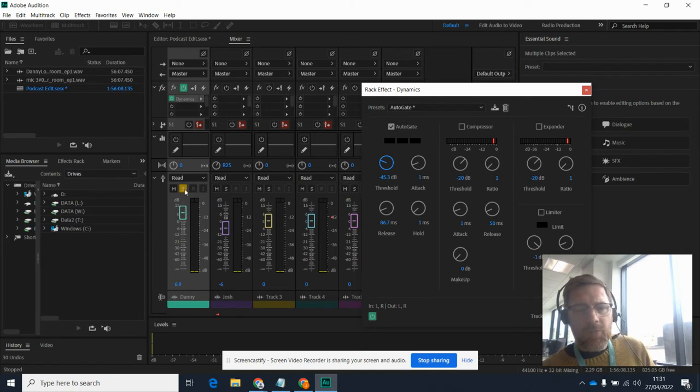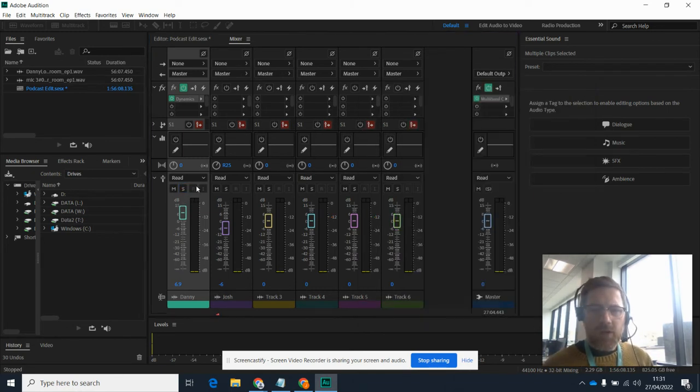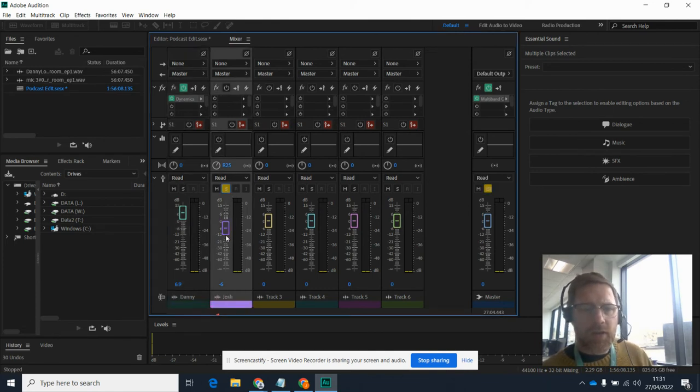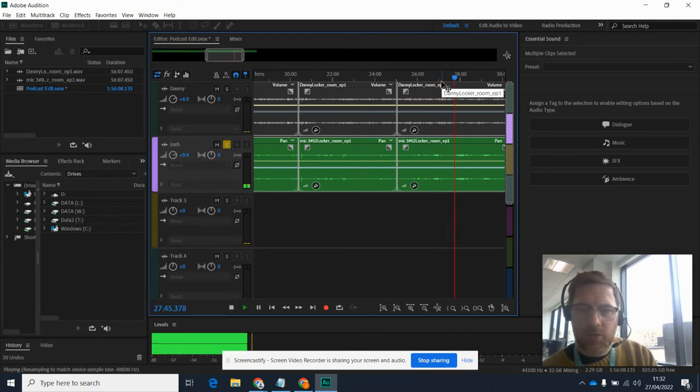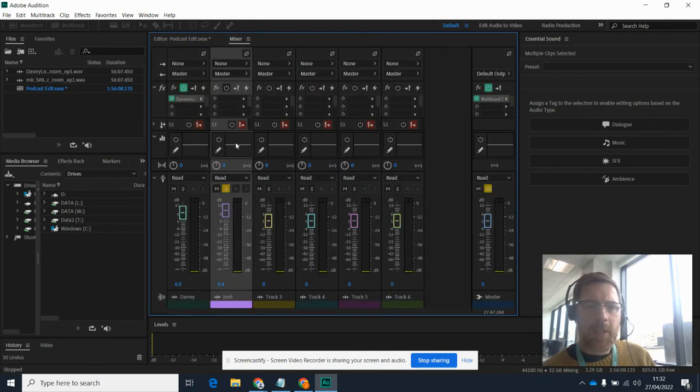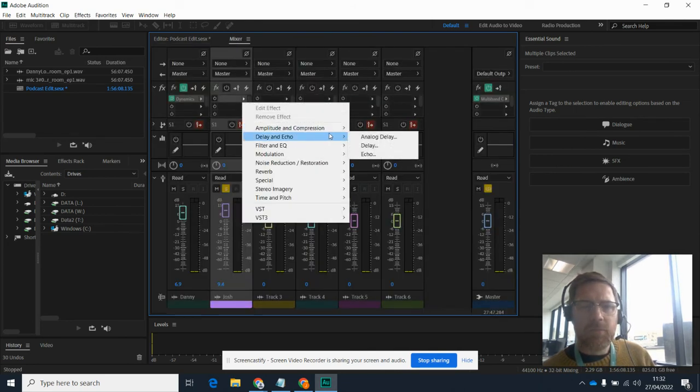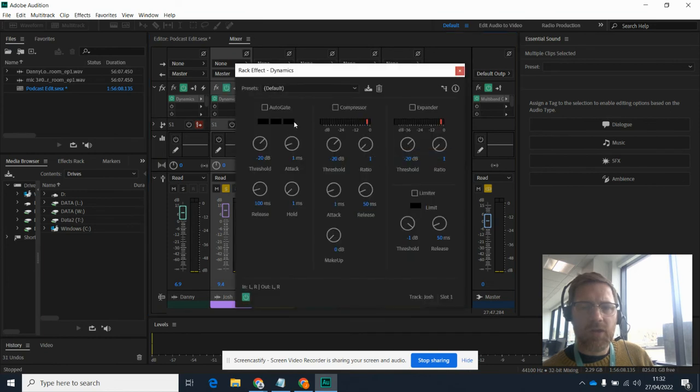Okay, so I'm going to un-solo that, and I'm going to go through exactly the same process with Josh. So I'll click solo here. I'll temporarily put them in the middle of the panning, and I'll temporarily turn them up. And I want to find a patch where Josh is actually doing quite a lot of talking, so I can remember, this seems like a good place to start. Again, I'll add my amplitude and compression dynamics. I'll click auto gate. Straight away, as I play back,